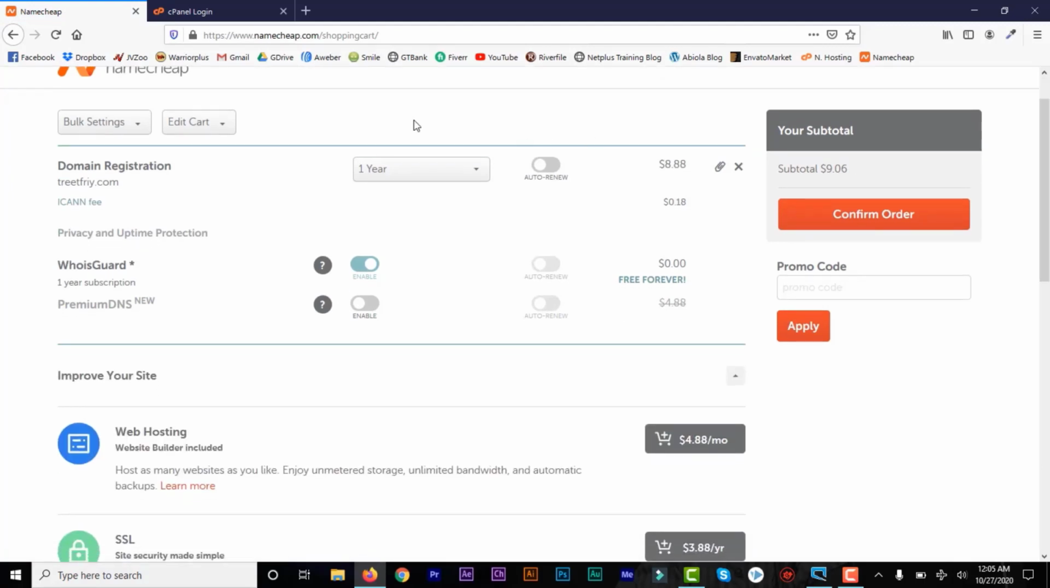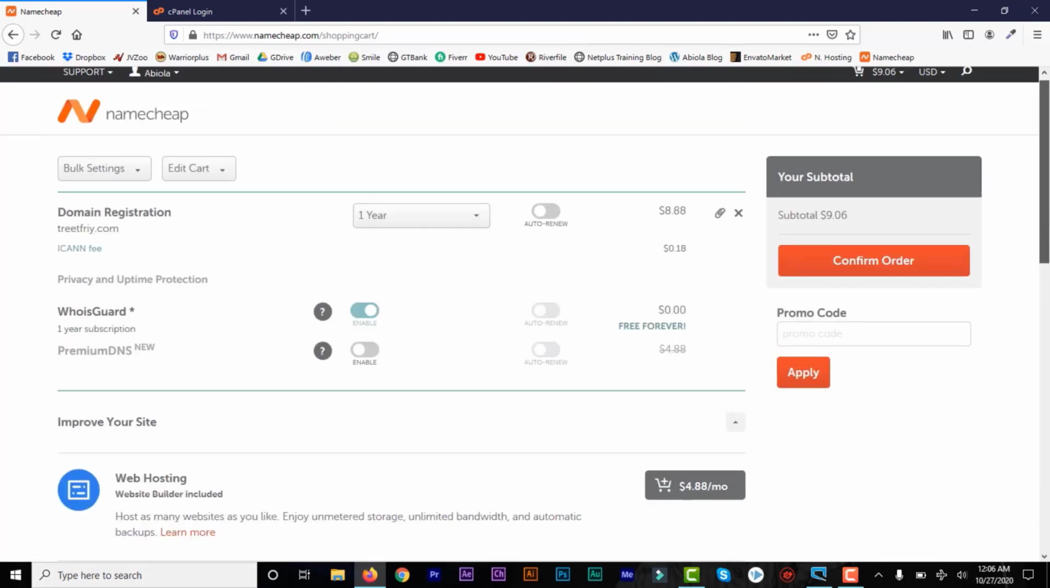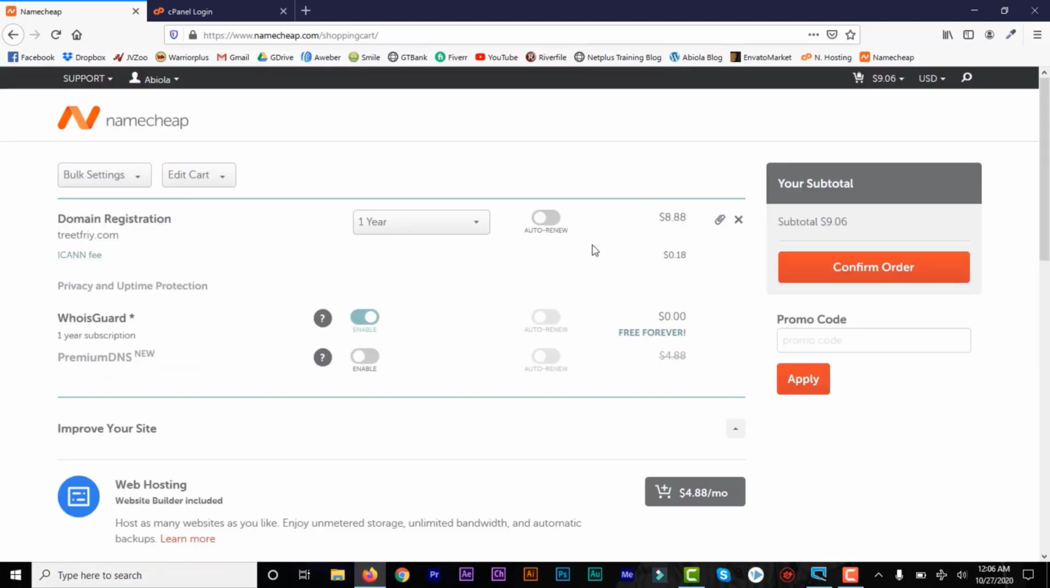And one thing I like about Namecheap is that they give you the Whois guard for free. It's free forever actually, and there are so many other services that you can choose, but you don't need all that. So we're going to confirm order, and if you have a promo code, you can click here and apply. So let's confirm order,